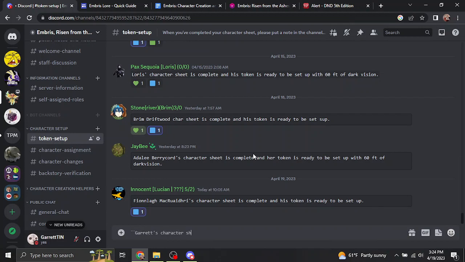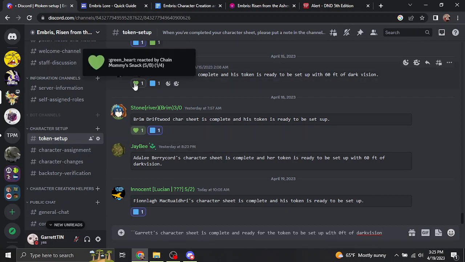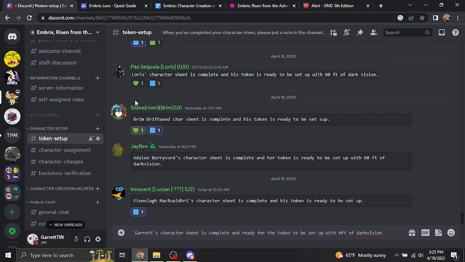Garrett's character sheet is completed and ready for the token to be set up with 0 feet of dark vision. From there, the DMs know that you need your character sheet approved, looked over, and then they are able to mark it. You will get a green mark when your sheet is good to go, and usually a message from the DM. The blue mark is when your backstory is verified and completed by a lore keeper, made sure that